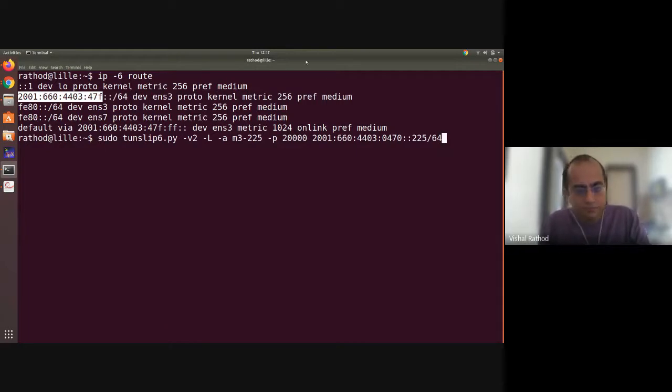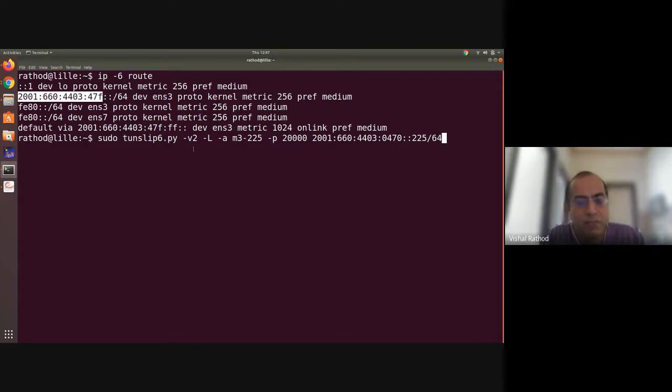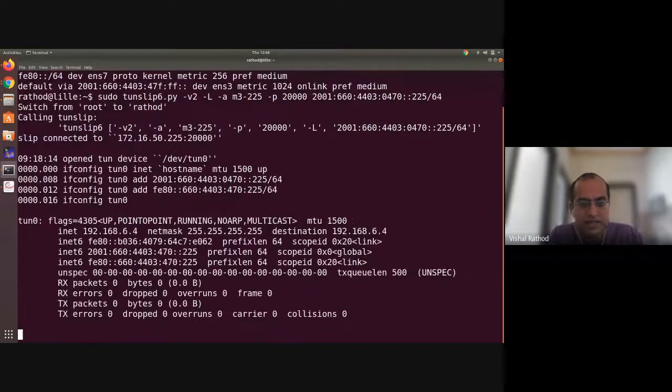This is the command. You can see that: sudo tunslip6.py -v2 -L -a m3-225 -p port number, and see this is the address that I am using. Then which node number we want to use, -64. Then I press enter.